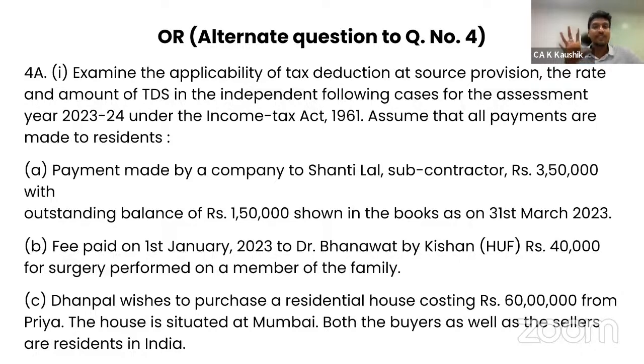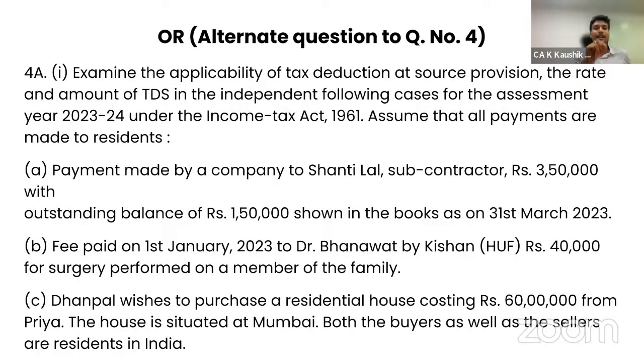Payment made to Shanti Lal. Shanti Lal is an individual. TDS rates vary, 1% or 2%. 1% is applicable when a payment is made to an individual, and 2% is applicable when payment is made to other than an individual. Now, in this case, since it is made to Shanti Lal, an individual, on 5 lakh, 1% TDS will be equivalent to 5,000, and the applicable section is 194C. So I am giving you the source provision, that is 194C. I've explained the provision. I've given the rate, 1%. I've given the amount, 5,000.